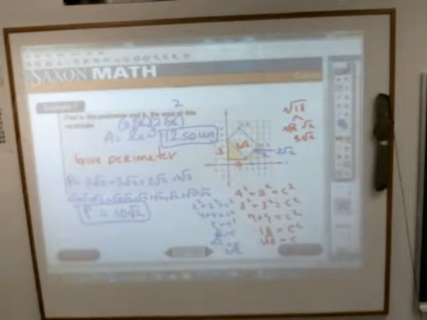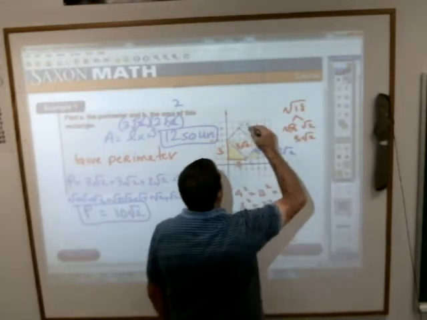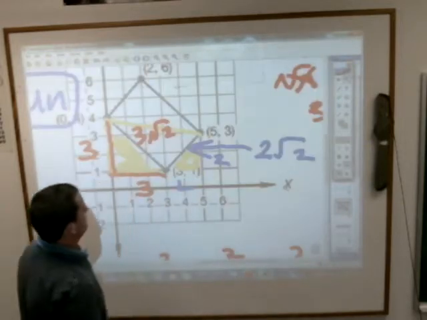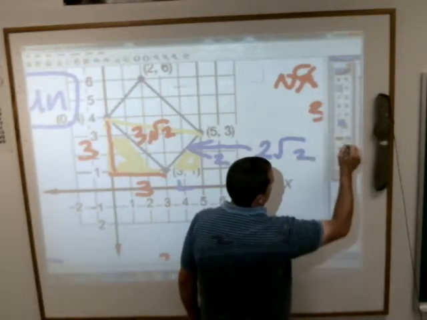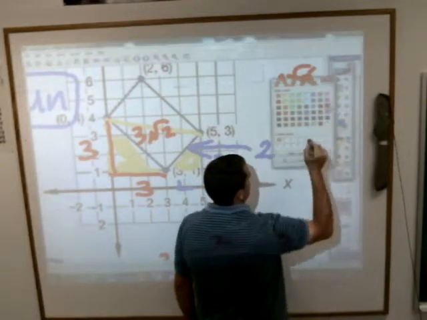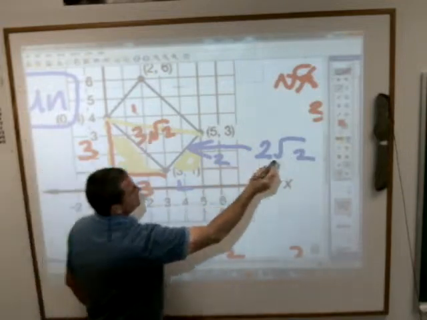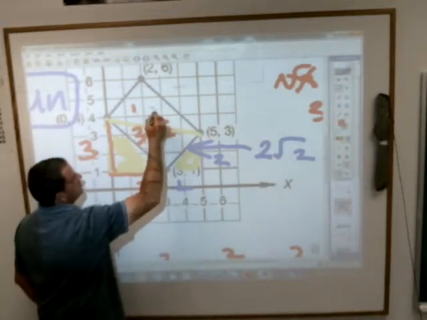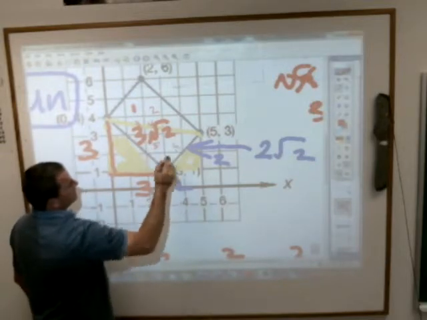Which, believe it or not, we could actually count on this thing here. Check this out. The magic of mathematics here. Let's count out the squares. What color shall we use? A little pink. Here's 1 whole square, 2 squares, 3 squares, 4 whole squares, 5 whole squares, 6 whole squares,